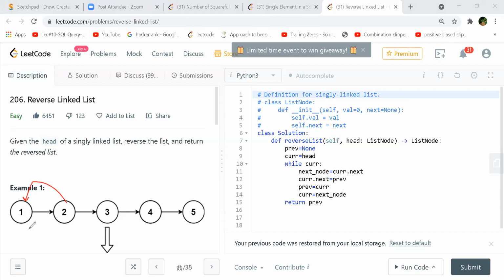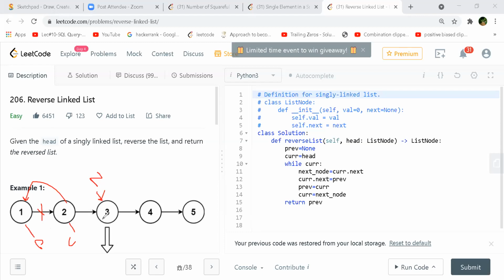Now previous will point to this because current was here, and your current will point to this. Your next node was here, and so 1 is actually pointing to null now. So the link between 1 and 2 is gone. Yeah, this will be removed. Okay.